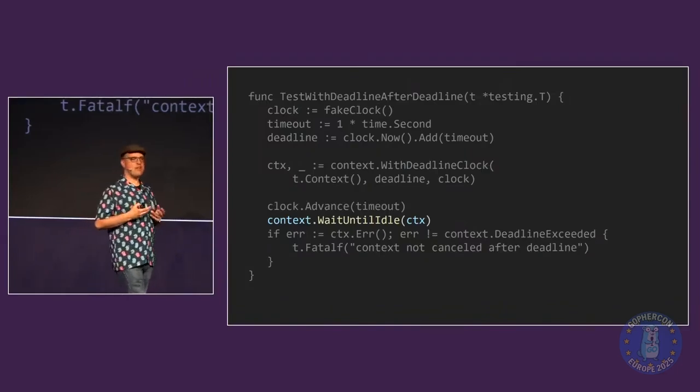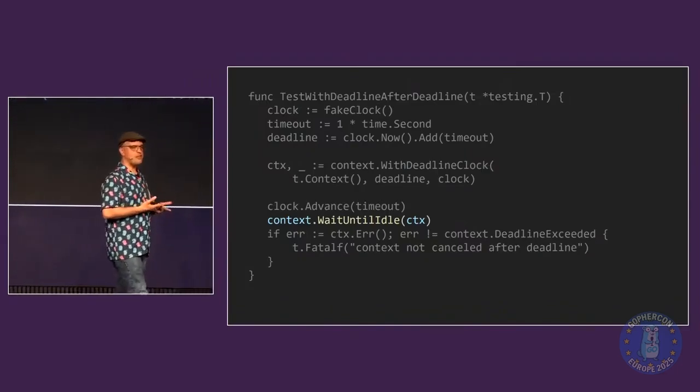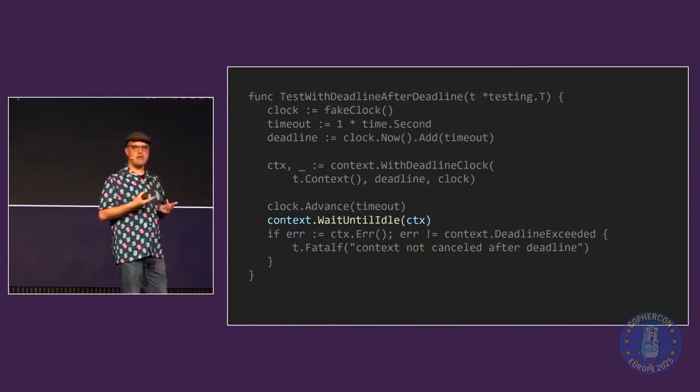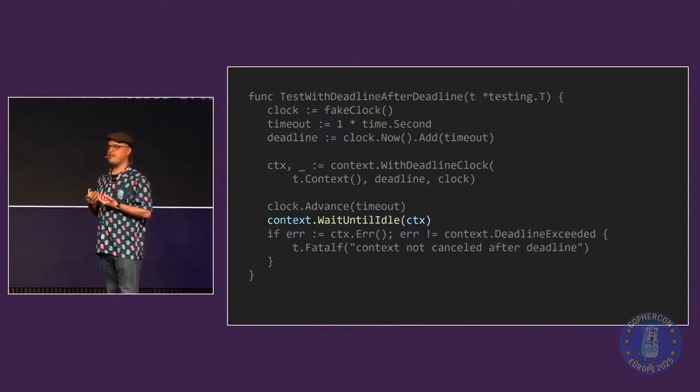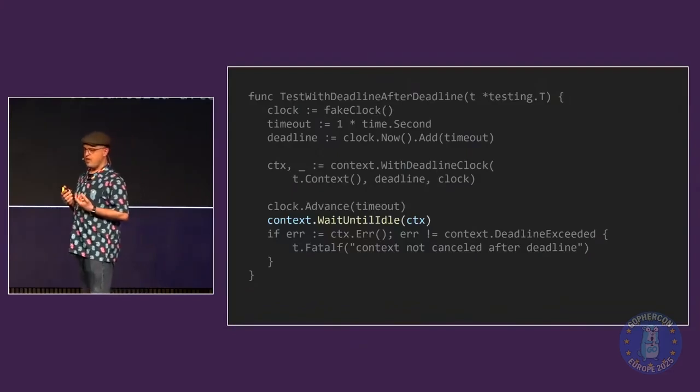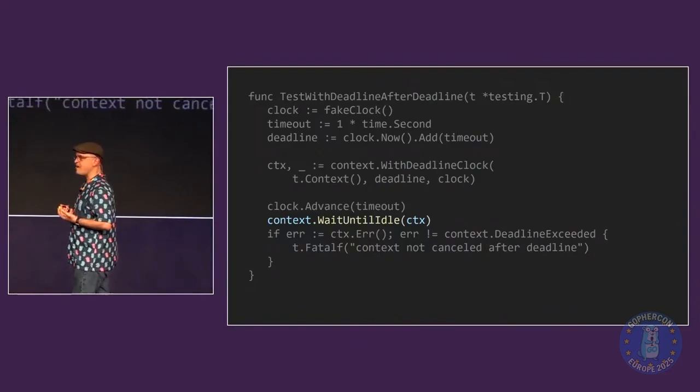When you advance time, many things happen. Sleeping Go routines will wake up. time.Timers will send on their channels, and something might be reading from that channel. time.Tickers also send on channels. time.AfterFunc functions run in new Go routines. All of these things are asynchronous behaviors. So we need to wait for all that work to finish before we can test the expected behavior of our